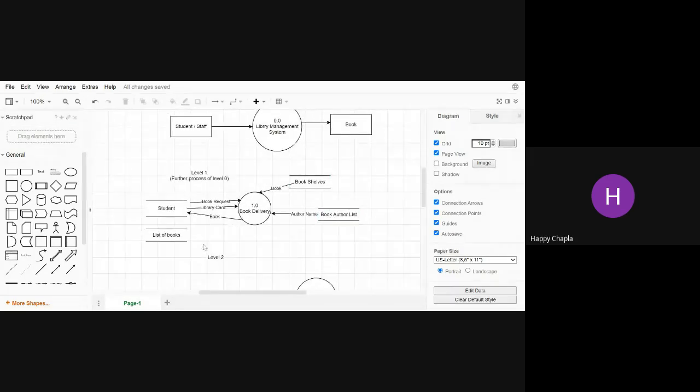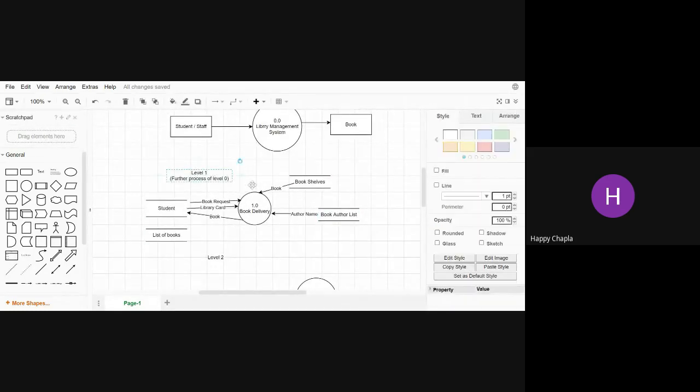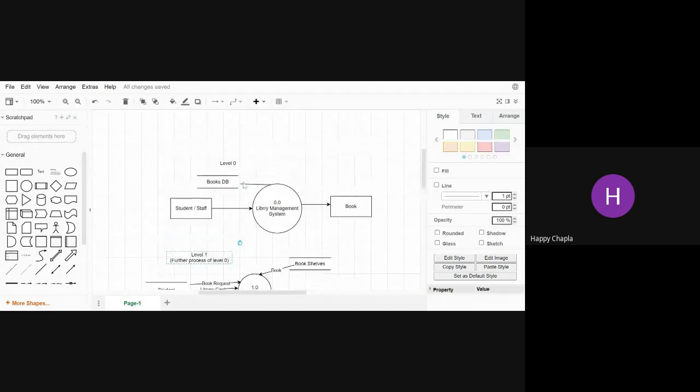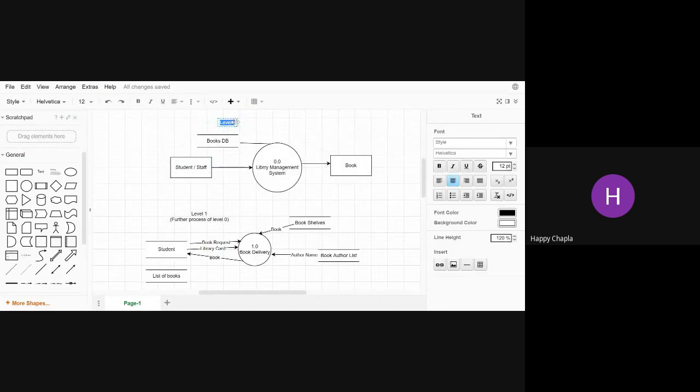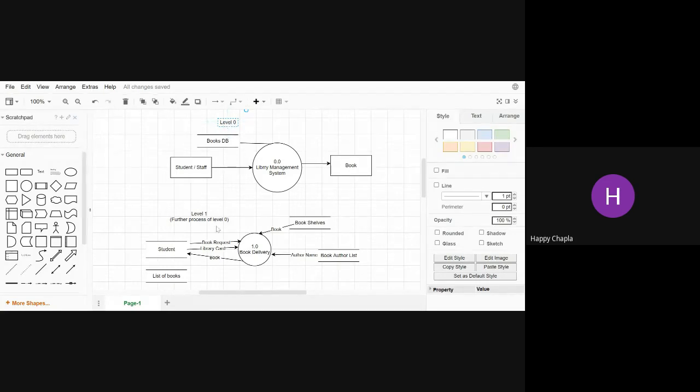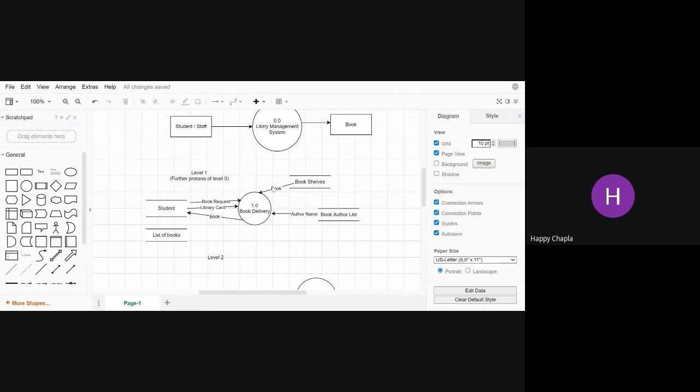Now here in this level, I had provided this level 1, the further process of level 0. This is level 0, this is level 1. So level 0 is your context data flow diagram. Now here you can see this book delivery is connected with bookshelves. So it will provide you the book author list, so author names this database will provide you.